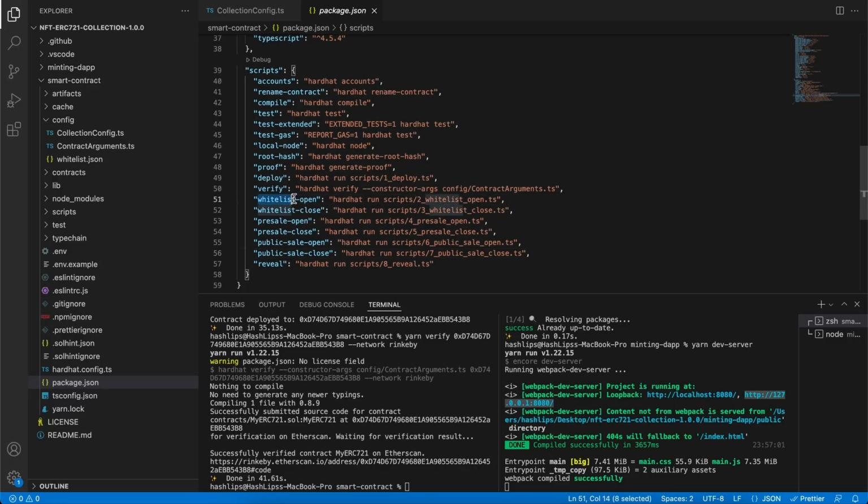We have whitelist open and close, and the pre-sale and the public sale open and close. The only difference between pre-sale and public sale is the price, but the whitelist always needs to be closed before you do a pre-sale or a public sale. We're going to start with this whitelist open. So all you need to do now is in the terminal run yarn whitelist open,